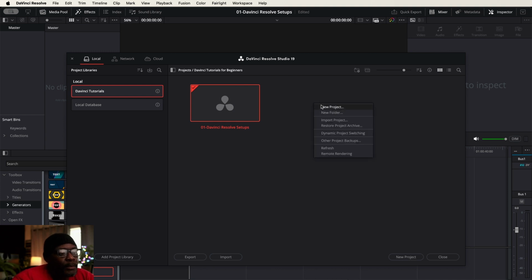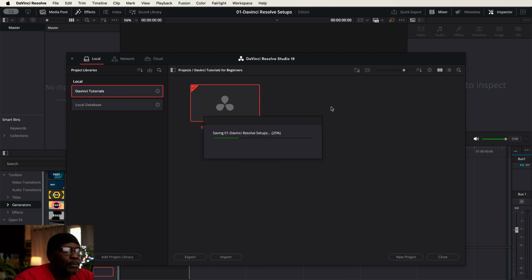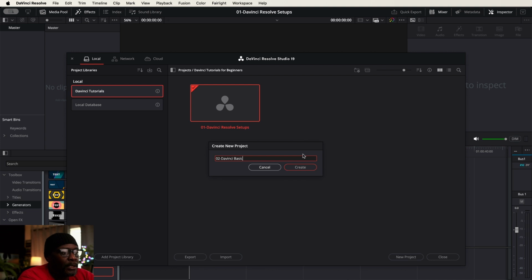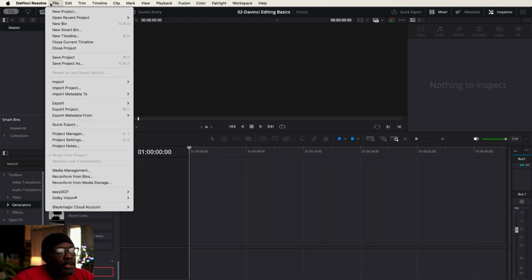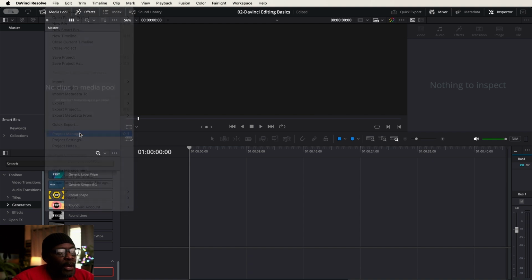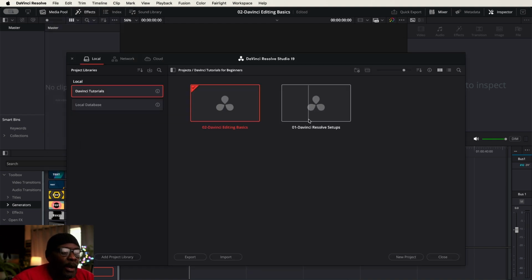So let's create another project. We'll say new project 02. We'll say DaVinci Basics. How about DaVinci Editing Basics? So now we've got two projects inside of our, let's go back here to Project Manager. So now we've got two projects inside, but this would be a great way for you to